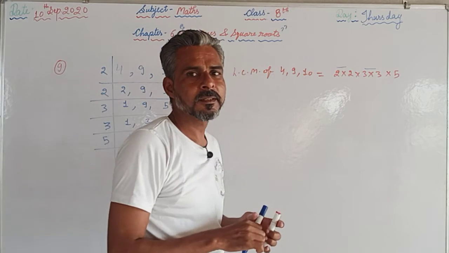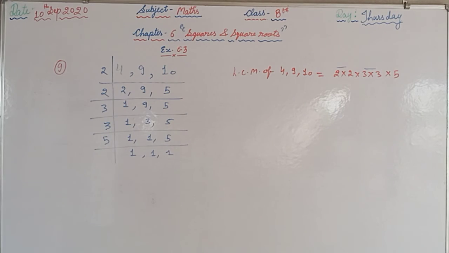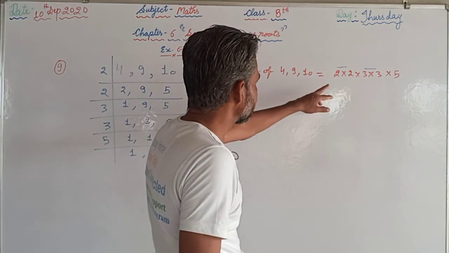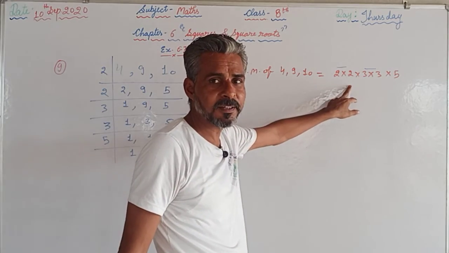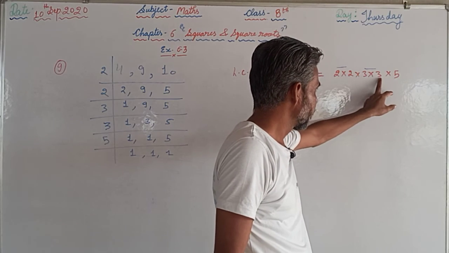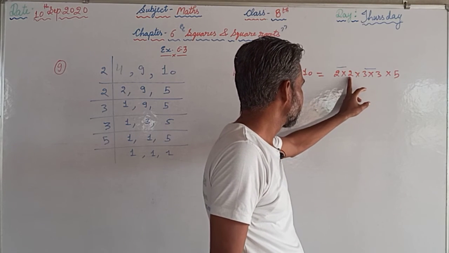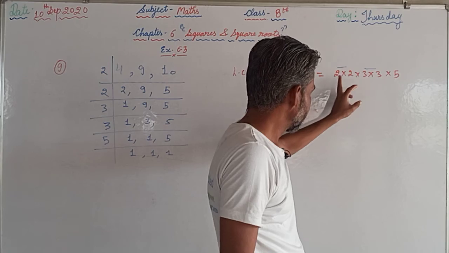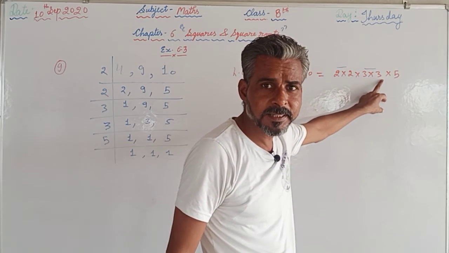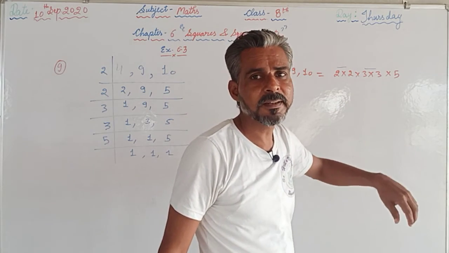Here the pairing is not complete, and you should read the question again: find the smallest perfect square number. Perfect square means a number whose square root we can find out. So that LCM will not be a perfect square. The LCM is 180, 5 3s are 15, 15 2s are 30, 30 2s are 60, 60 3s are 180. 180 is not a perfect square.